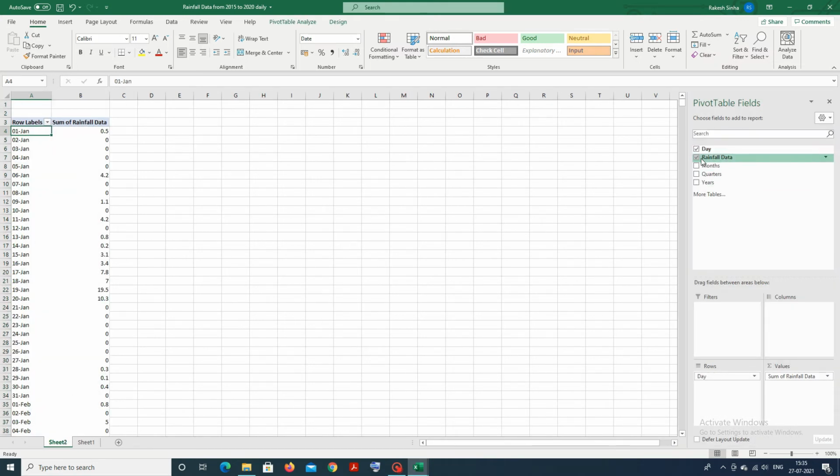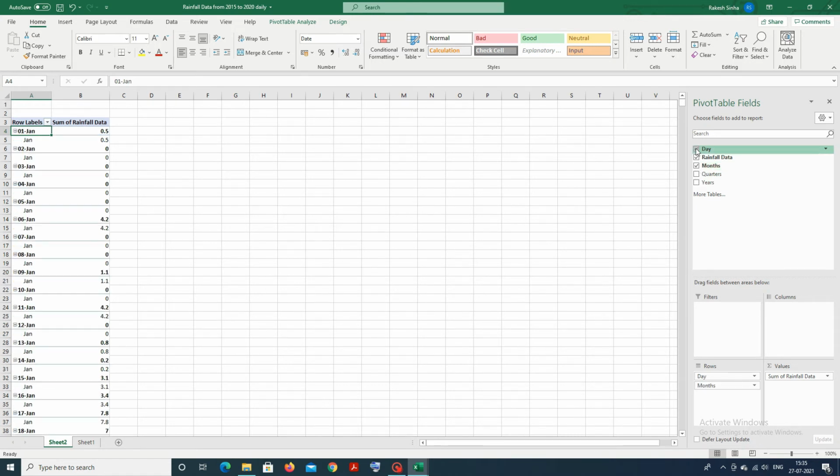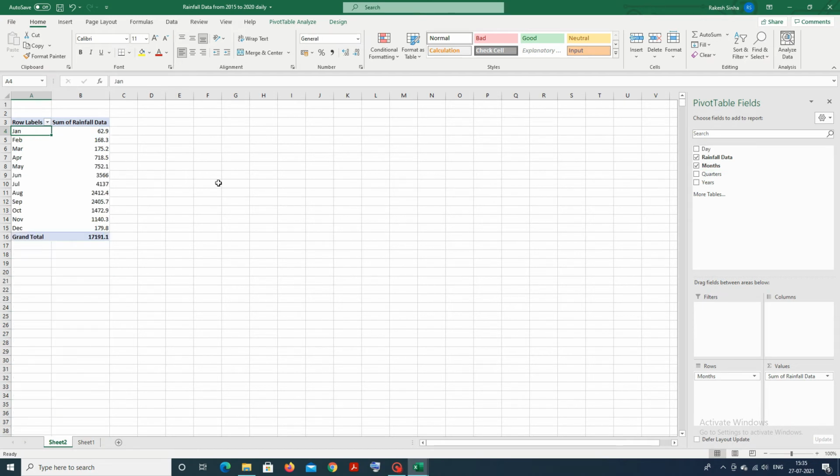So you just unclick all months, quarters and years, and you can see your raw data like day and rainfall. After that you can see that months is added. So just click on month of the day and you can find all the monthly data. This is the monthly data.